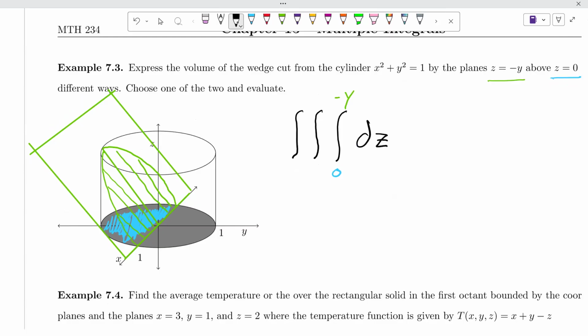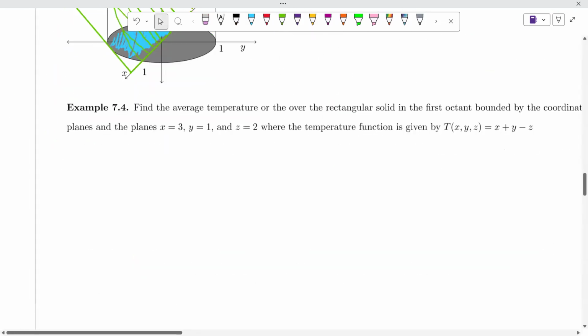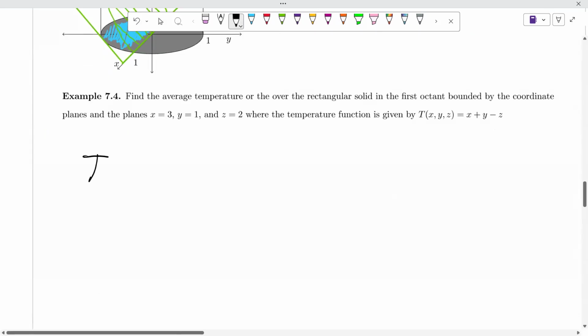I think up next, I would look at doing negative square root of 1 minus x squared up to y equals 0, and do dy second. And then finally, I'll do x, which will go from -1 to 1, going from the back to the front. I could rewrite that another way, but in the interest of time, I'm going to be totally out of time. So one last thing that I need to write down